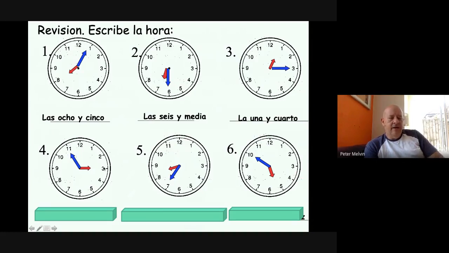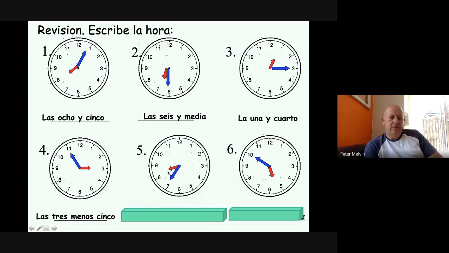This one, again, I said this in a previous video, you might struggle with. So it's nearly 3, but it's not quite 3. So it's 2:55. Now, some of you get confused with that, but it's las 3 menos 5, right? 3 minus 5. I think it's fairly straightforward if you think about it.